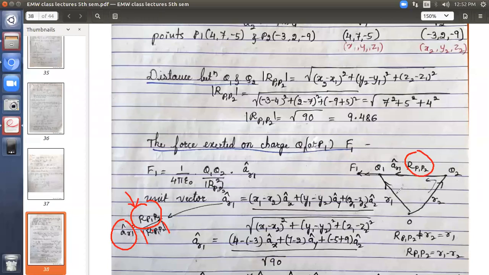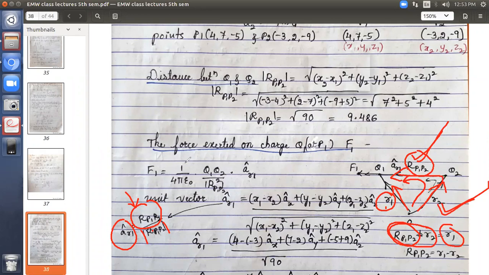Check two similar directions. This is going out from O. This is also going out from O. If you check the continuity, these two are continuing in the direction. So consider this one and this one. Both have the same direction, but R1 has the opposite direction. So what I will do, this R P1, P2 value and R2, both I will add, is equal to the third one, that is R1. This is the vector addition, triangle rule. Okay. So two vectors is equal to the third vector.